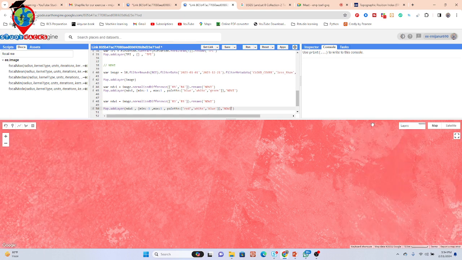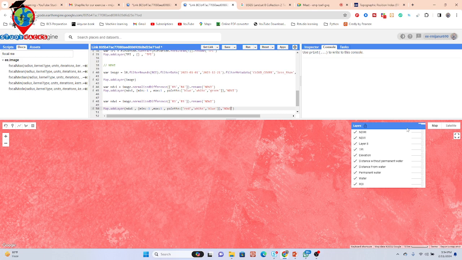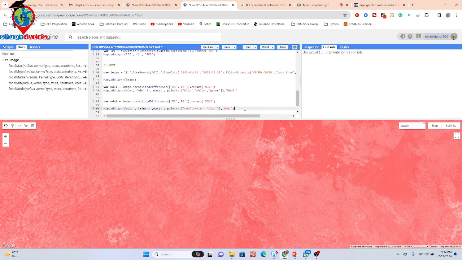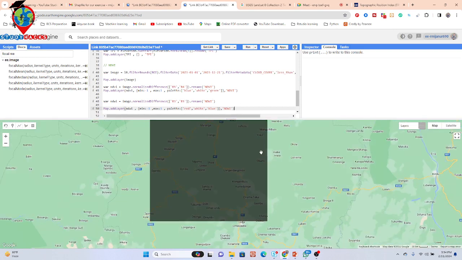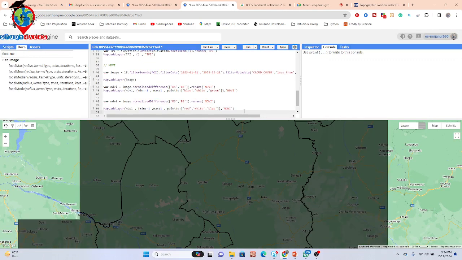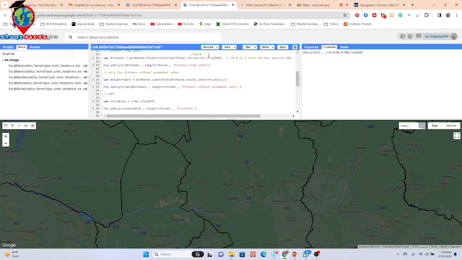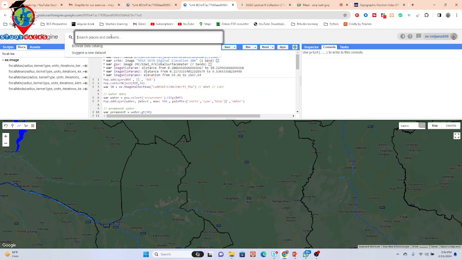If you want you can also add more other factors, mainly those that influence the flood, such as precipitation. It's very important for flood. Suppose I want to add another factor, precipitation. For that we have to use the precipitation data set. So I simply search here